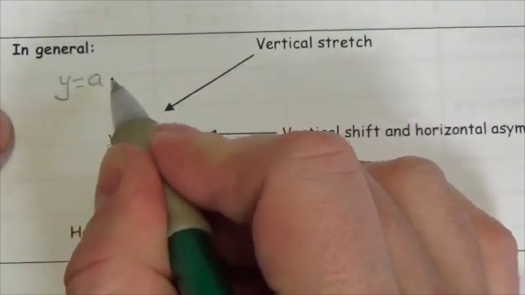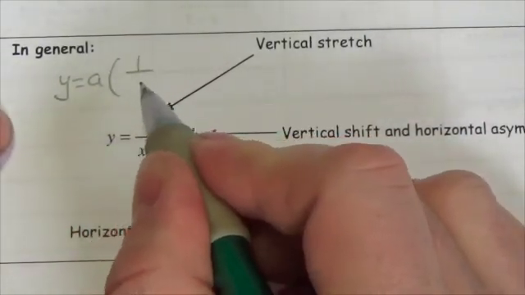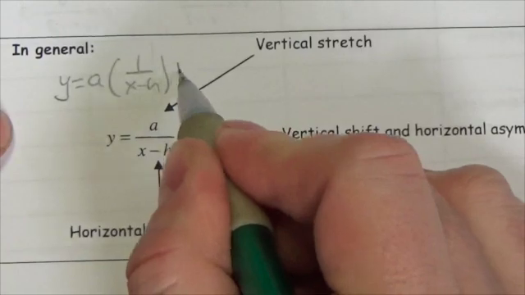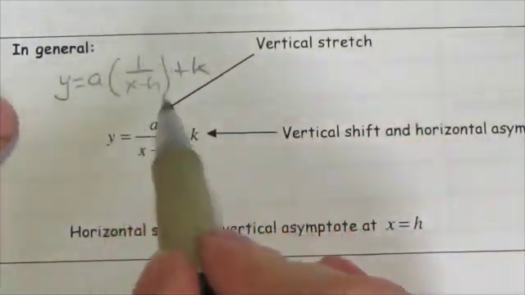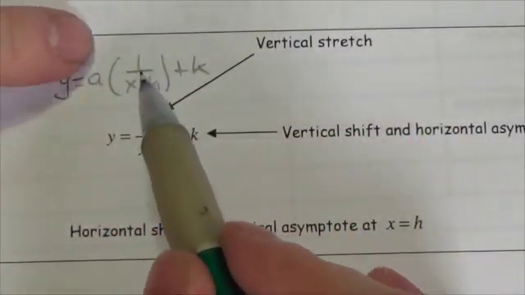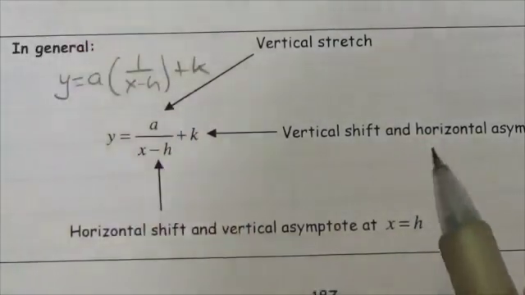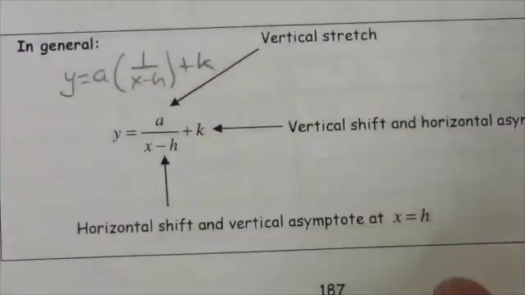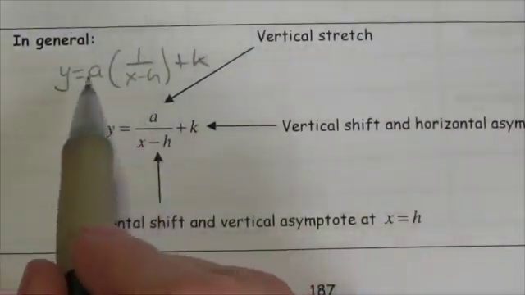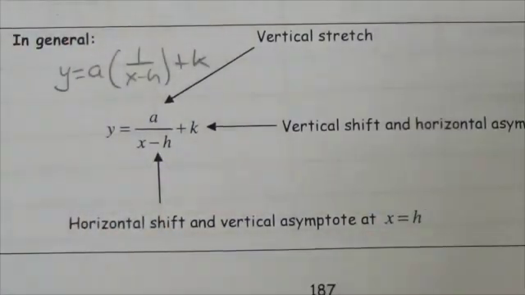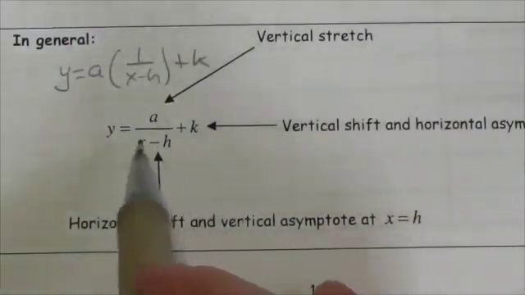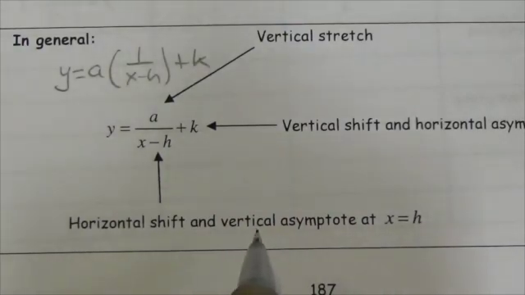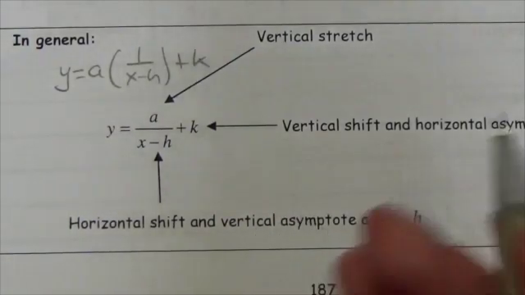You could think of it as a times 1 over x minus h, and then with the plus k there, where the function is this rational expression. Because x is in the denominator, that's what makes it rational. So a could be factored out or moved out to the front, so it's in the position of a vertical stretch. h is going to be that horizontal shift, and as a result,